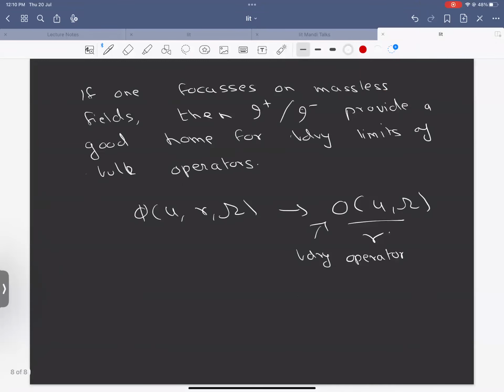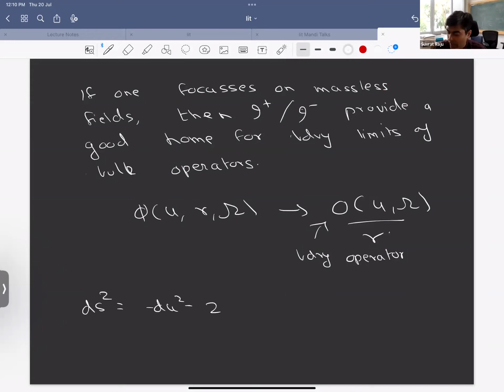So Suvrat, there's a question in the chat. Does this algebra also include the boundary limit of the graviton in the bulk? If so, what would that become in the boundary? I guess you just answered it. Yeah, exactly. It includes the boundary limit of the graviton in the bulk. So in the bulk, let me just write this down precisely. Let me do this in flat space. In flat space, when you write down the metric, it looks like this. I'm sorry, my R and my gammas all look the same. One is R, one is gamma.